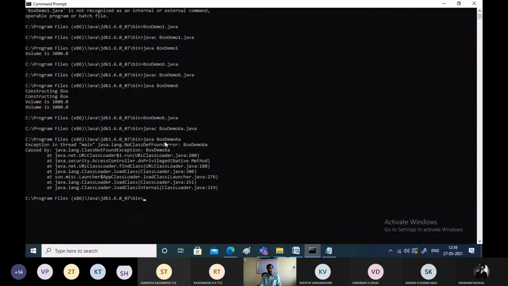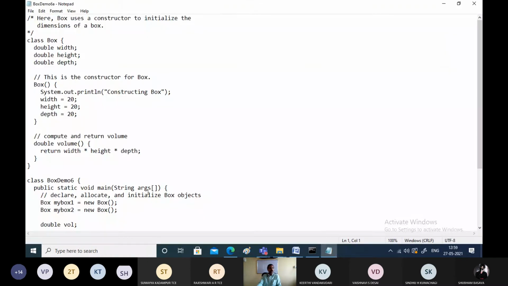The name of the bytecode I am giving here is box demo 6A. But look at the source file here. Box demo 6A is the source file. But in that program, what is the name of the class which contains the main function? The name of the class is box demo 6. I didn't change this. That's why the error is coming.